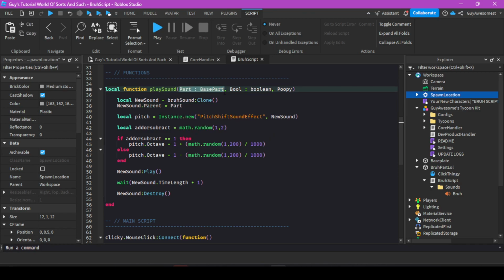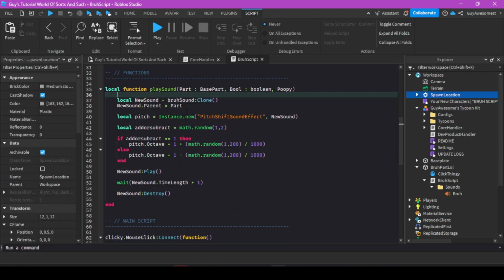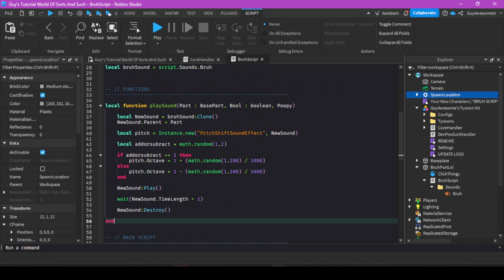So part, base part, that would just be any type of base part. It could even include the spawn location. But basically, I'm just changing the parent of the clone here. So now I can check this. Now for the second argument, the third argument, I'm going to